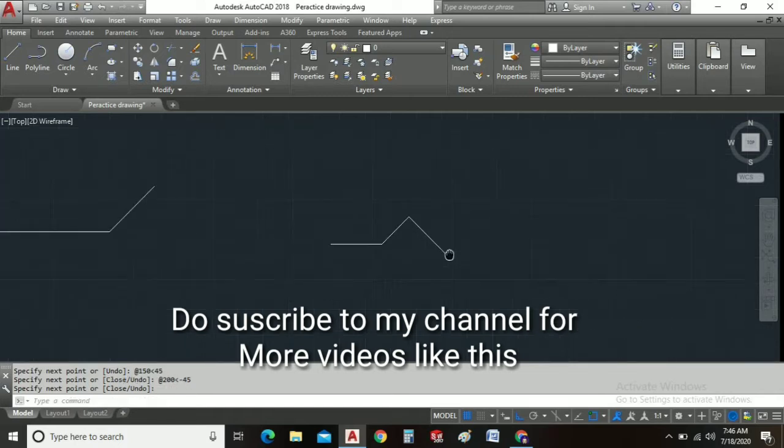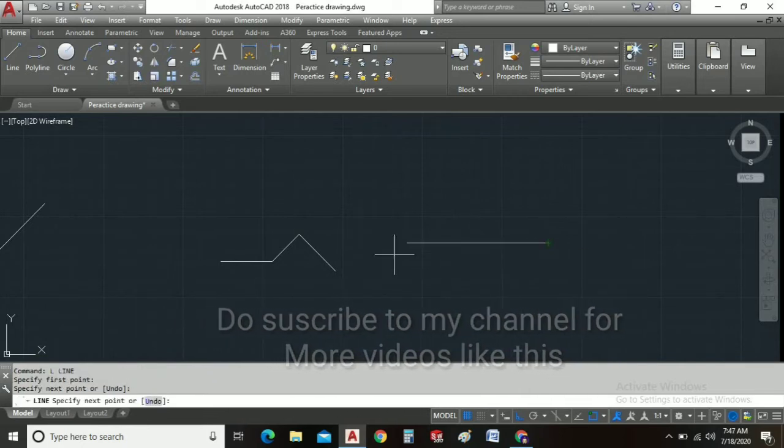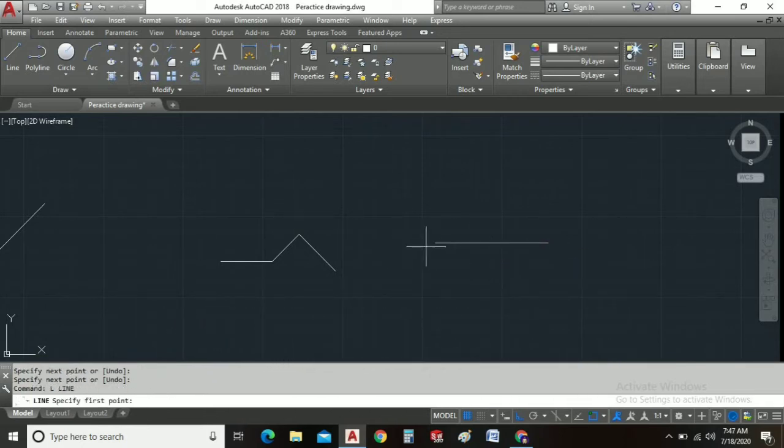So if you have drawn a line something like this, and you want to draw a line that would come here, something like this, but at a 30-degree angle, what you have to do is give the length here, that is 250, and give the angle symbol, and then enter the angle 30 degrees. You can see this is drawn to the upper side because I have entered the positive angle.